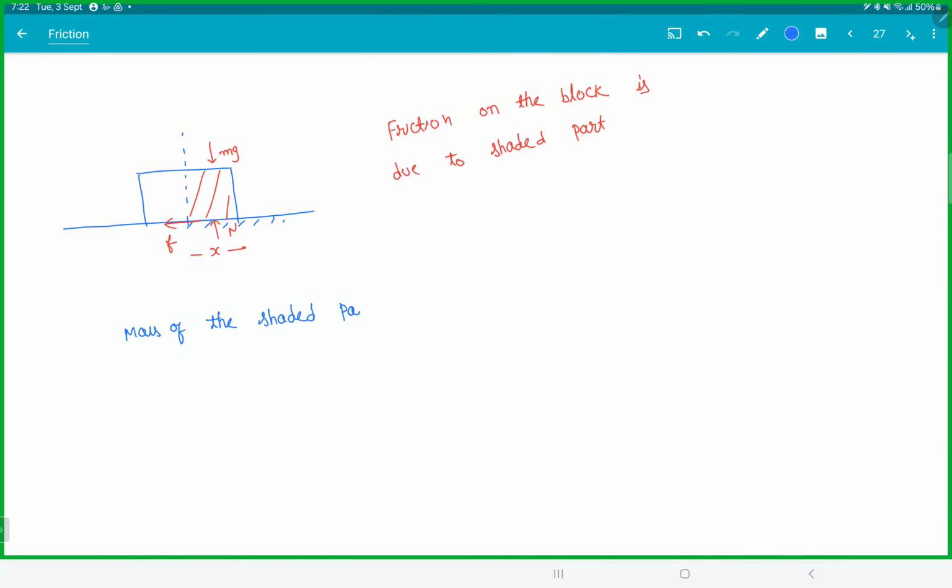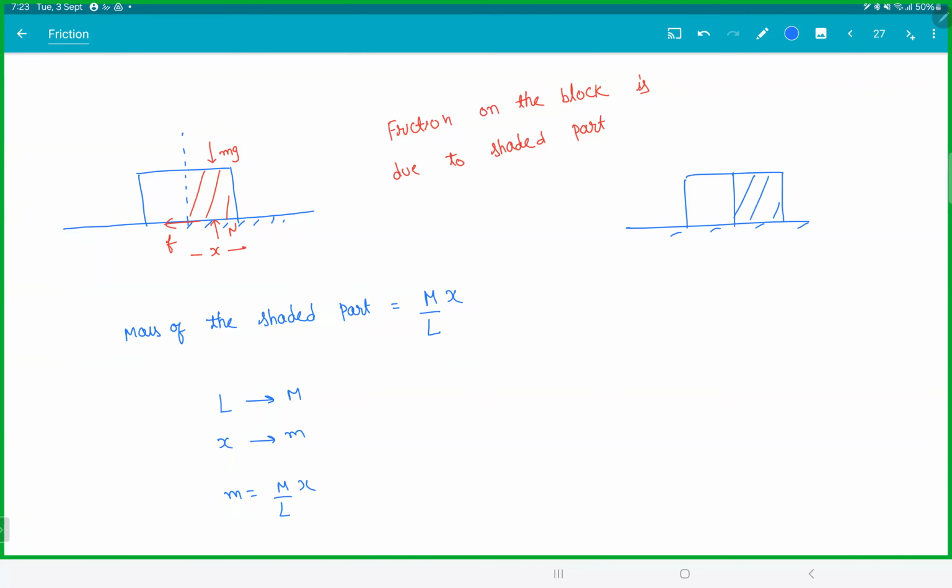So the mass of the shaded part will be the total mass by length into x, agreed? Because for length L, the mass is m. For x, the mass is small m, unitary method. You know where we have done this? Remember our rope problem? Rope is pulled with F, find the tension. Similar idea there. That means when you draw the free body diagram of this guy,